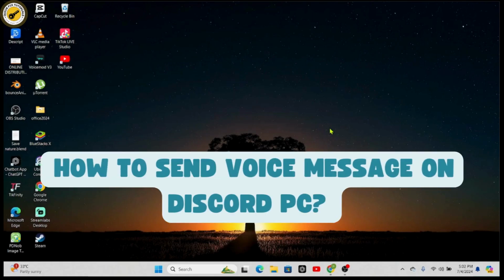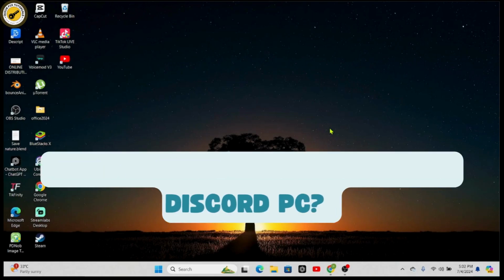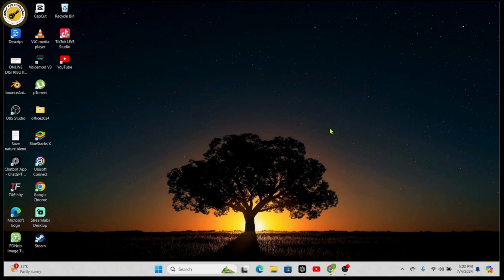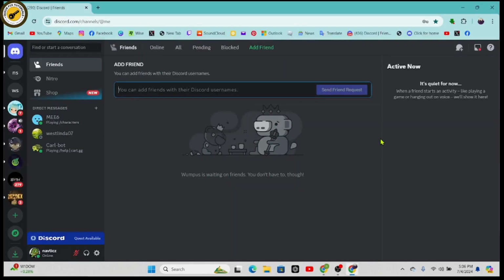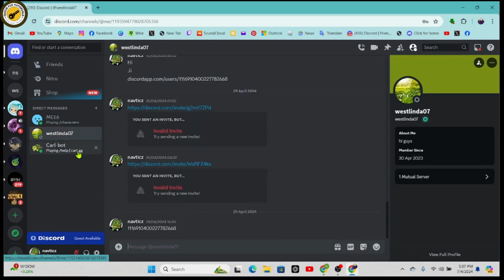How to send voice message on Discord PC. So if you want to send the voice message on Discord PC, then first you need to open up your Discord application, or you can also go with your browser and open up your Discord on your browser. Once you're here on the Discord, now if you go for any one of your chats or direct messages, here